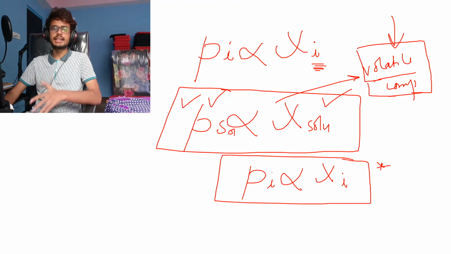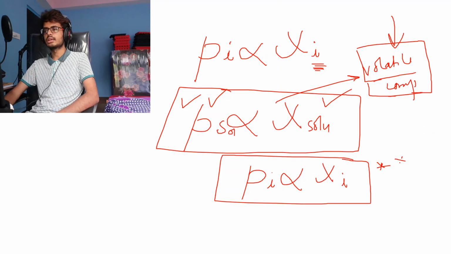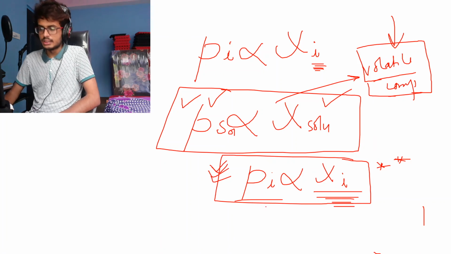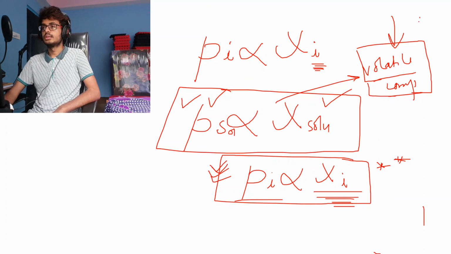So this can be asked as a 2-mark or 3-mark question in any board paper. It's very probable that this question will come. So what is Raoult's law? Raoult's law says that in a solution with volatile components, the partial pressure of each component is directly proportional to the mole fraction of that component, right? So you should be well versed with the definition of this. So this is the condition where the components are volatile, right? So for a solution containing volatile components, the partial pressure is directly proportional to mole fraction.